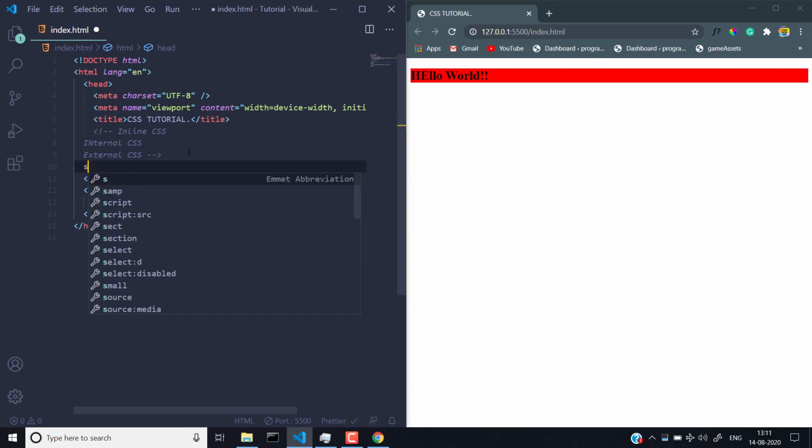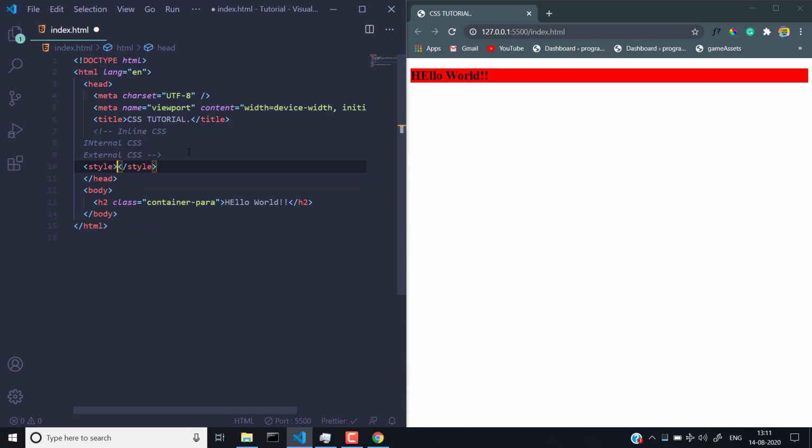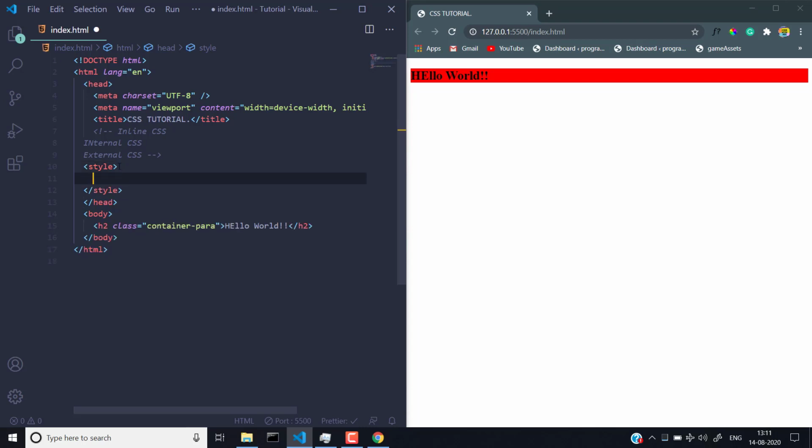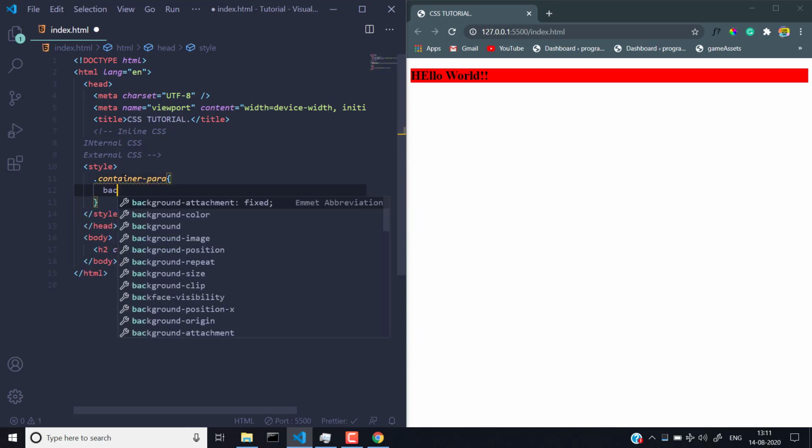At the end of the head tag I can write style, and we get our style opening and closing tag. In between that we can write classes and IDs and their styling. For classes we denote by a dot, container para, and after writing this, I can give it some styling.